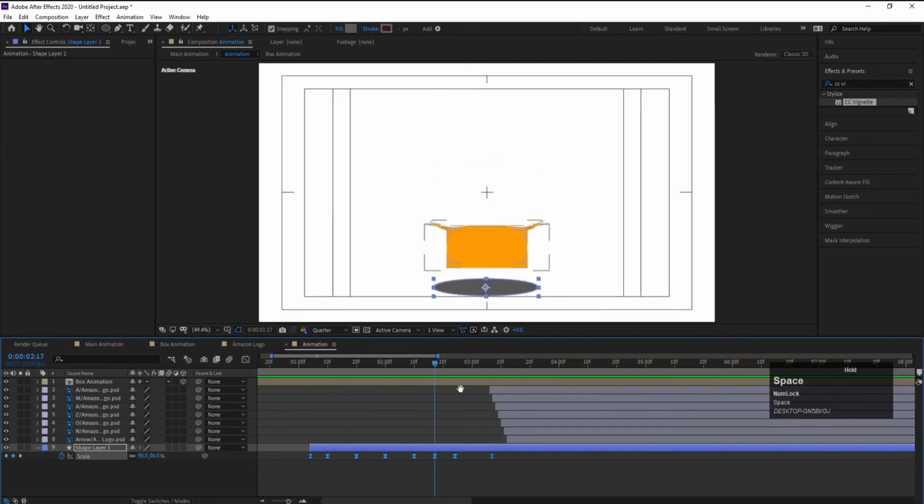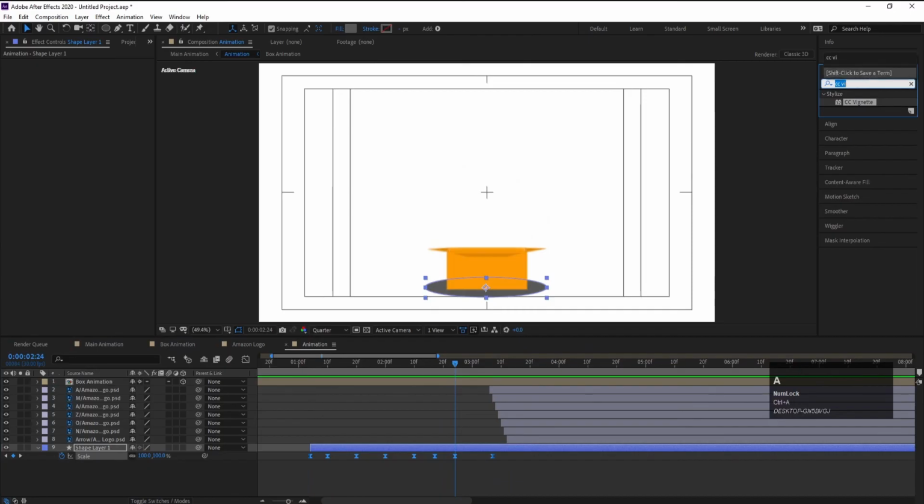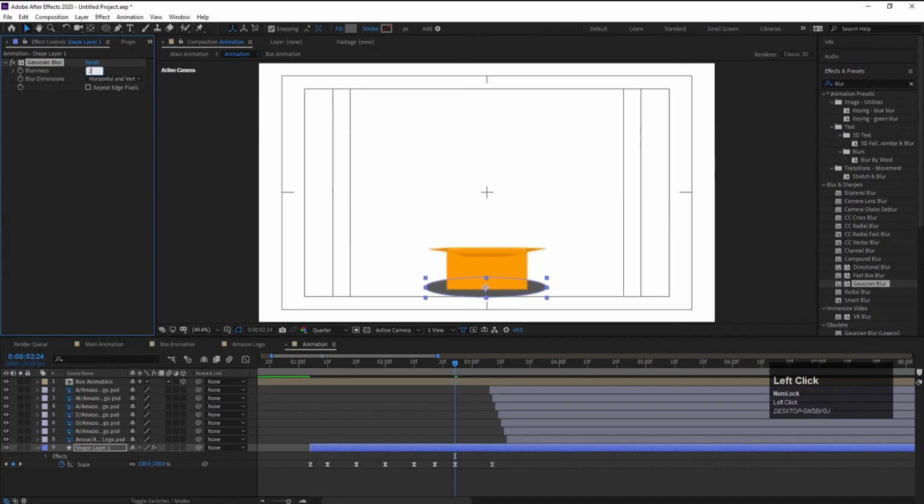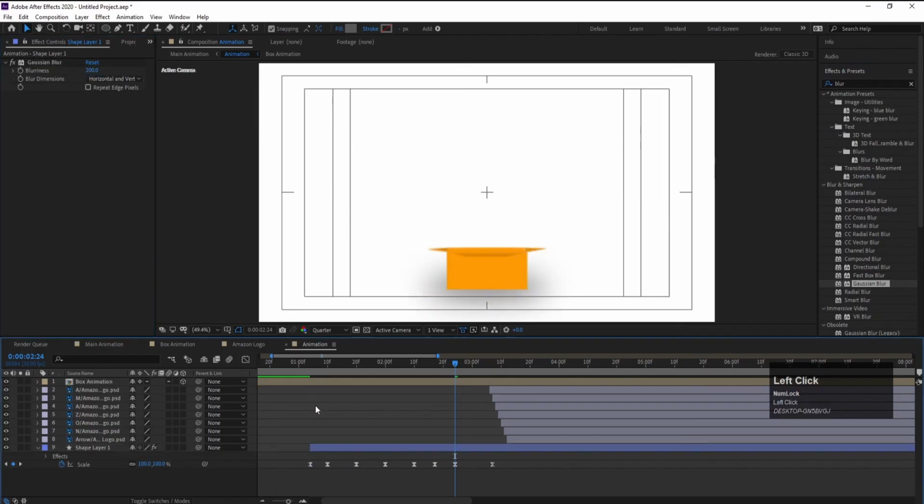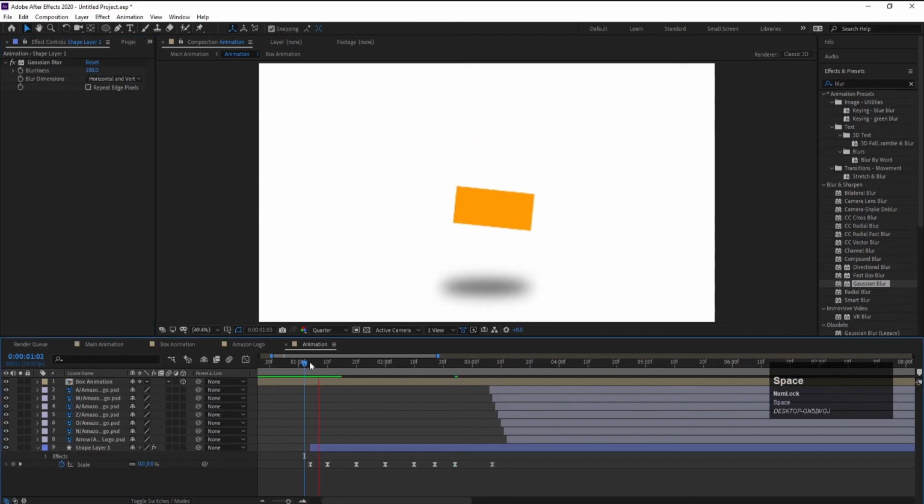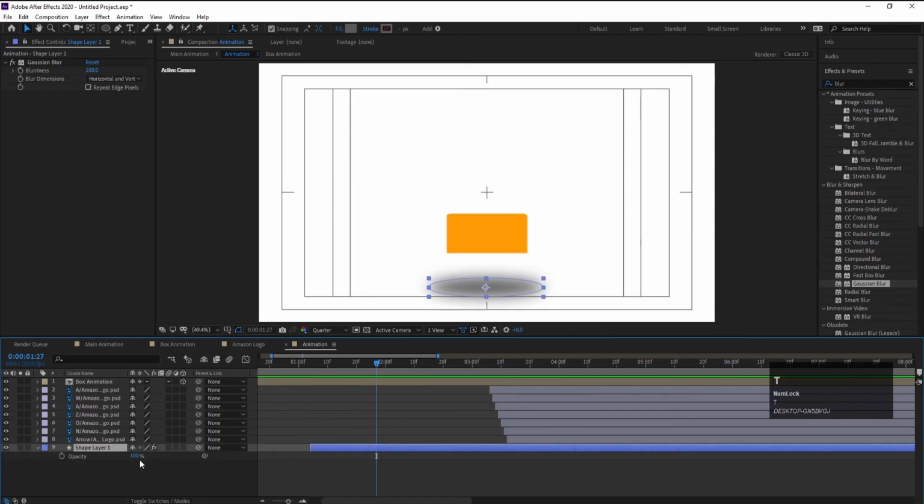Okay, but obviously shadow is not like this, so let's go to the effect and presets panel and search for blur effect, and we are going to apply Gaussian blur, and let's make this Gaussian blur 200, or if you want let's make this 100, and let's see, we'll get something like this. So if you see, we are getting something like this, and select this, press T, and let's make this opacity 40